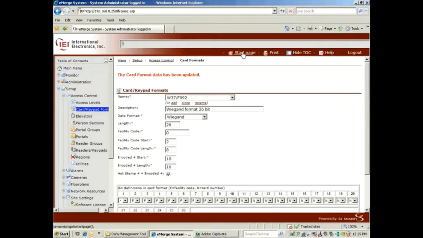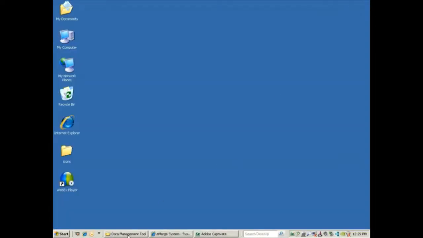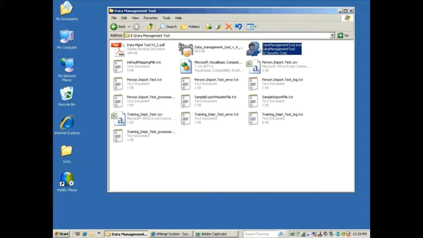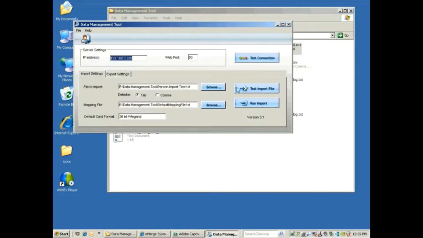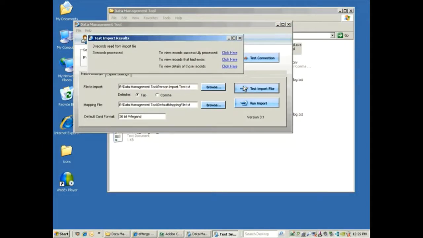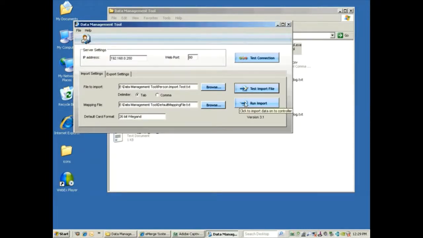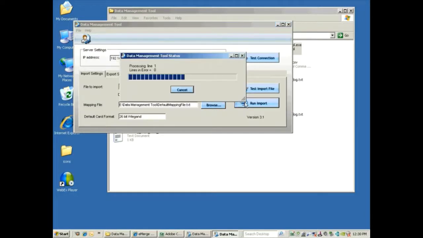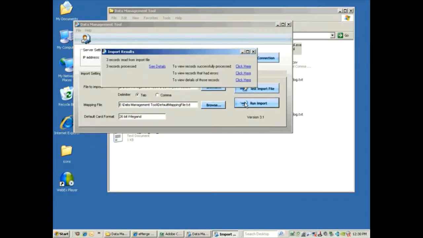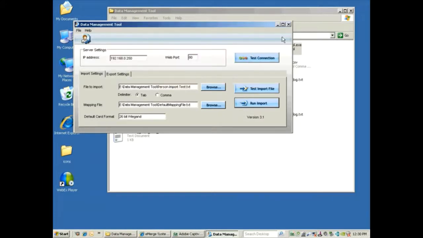Now I'll go back and I'll try to test my import file again. I have no errors. Perfect. I'm ready to run my import. Three records processed. I'll close,